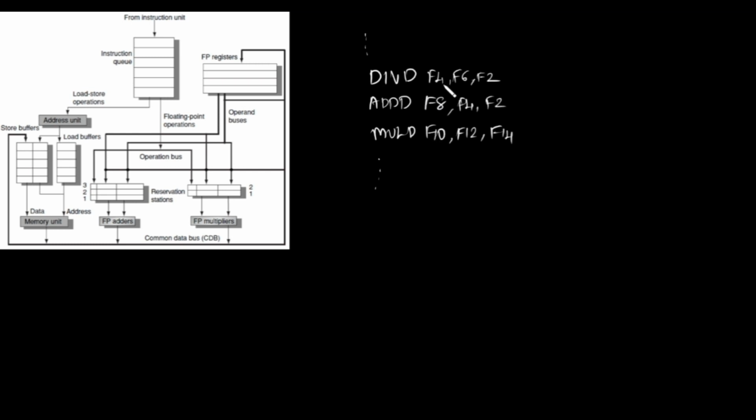This div is writing its result to register F4, and we are going to read that F4 in add, from the result of the division operation. We are going to perform an addition,